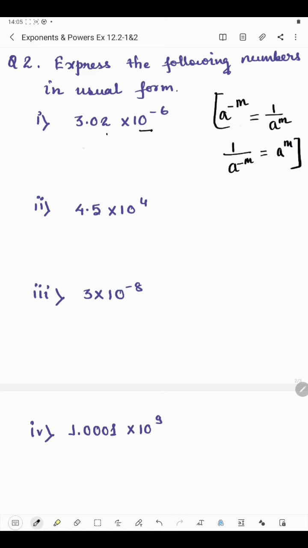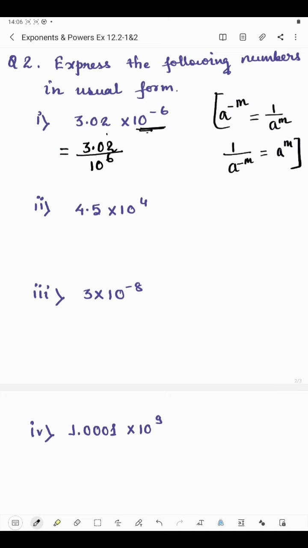Okay, now here we have the negative exponent. So to make it positive, we will take this number to the denominator, and if this was present in the denominator, then we would have taken the number to the numerator. That means 10 to the power minus 6 is there in the numerator, and to make the exponent positive we will just write this in the denominator. Simply remember, this is there in the numerator, so to make it positive we will write this in the denominator and the power will be positive. Okay, and in the numerator we have 3.02.